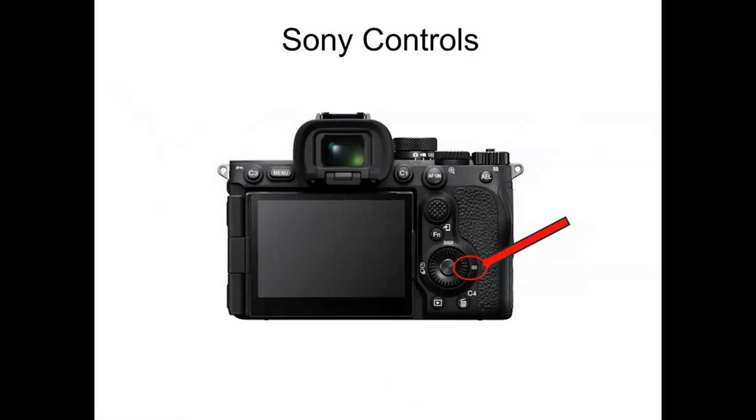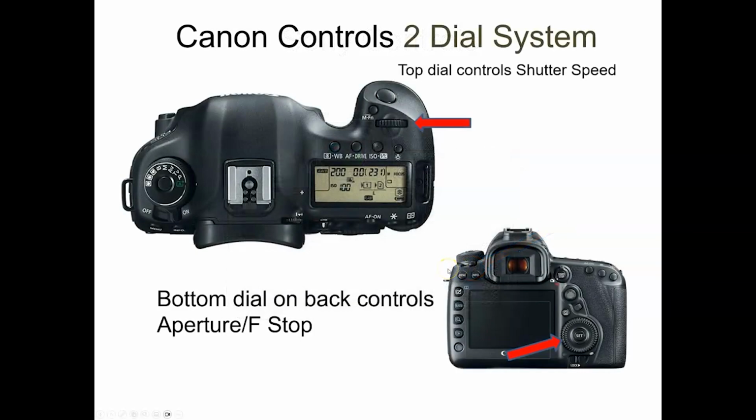Now, to change the ISO, again, super simple. You're going to look on the back of your camera, and again, you may have a different Sony. If you do not see the ISO here, but you see it as a button somewhere or a button on top, you can just depress that, and your ISO settings will show up, and you can rotate and scroll through them. On this particular camera, here is the ISO, and you're like, but I don't see a button. This little dial here that you can scroll through things is also a button. So sometimes people hit this accidentally when they're shooting, but you depress the little spot that you want to go ahead